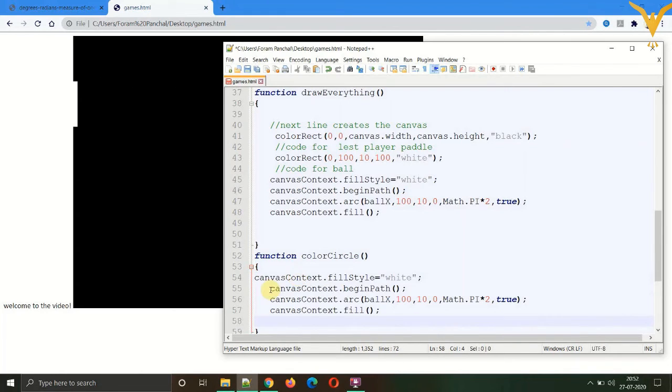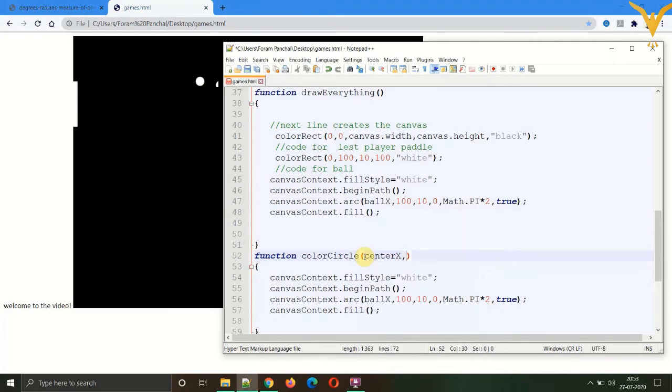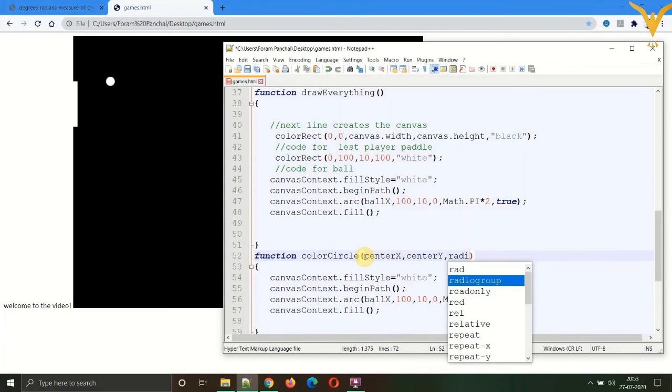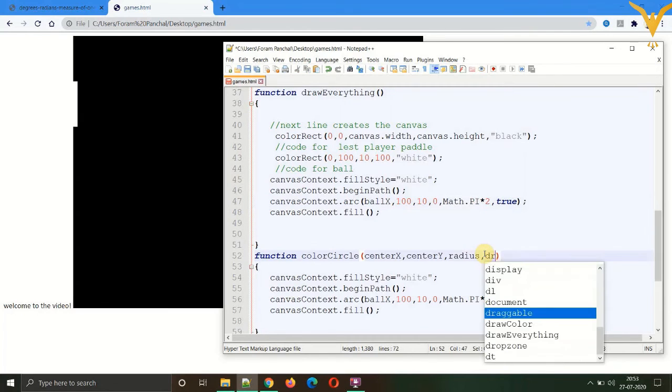Now over here, let's have arguments. The first one will be center X, next will be center Y, then we have the radius. We'll only put the arguments which are changing according to us, not this expression, because this expression in the game remains the same, because we just need to create a circle, nothing else. So after radius, we'll directly put the color of the circle, which is draw color.